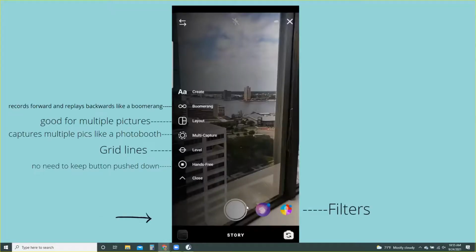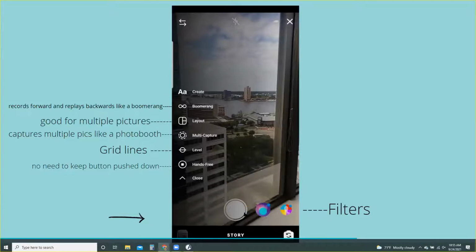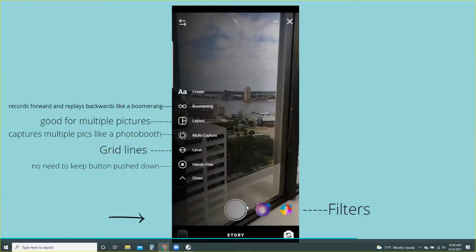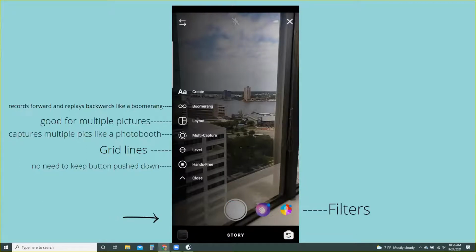Now, these are filters right here on the bottom right. So obviously they'll have the beauty filters, the glitters, the sparkles, but then they'll have one where it will make your head really, really big or your mouth really, really big. And this is your story. So what I'm showing you is your story. And you can use filters that have big smiles and things like that. Now let's see, Boomerang. Boomerang will record and then it'll play it again backwards. So I'm gonna show you guys real quick. It's basically gonna go